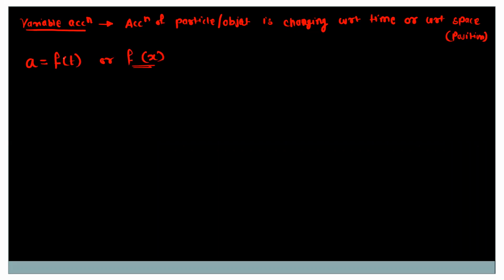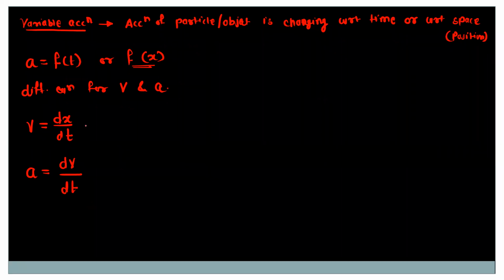So to solve the problems on the variable acceleration, we must have the differential equation for velocity and the acceleration. Okay. So the differential form of the velocity, v is equal to dx by dt, that is change in position with respect to time. And from this we can write the acceleration. This is equal to change in velocity with respect to time. Okay. So these two equations, they are the differential equation for the velocity and the acceleration.